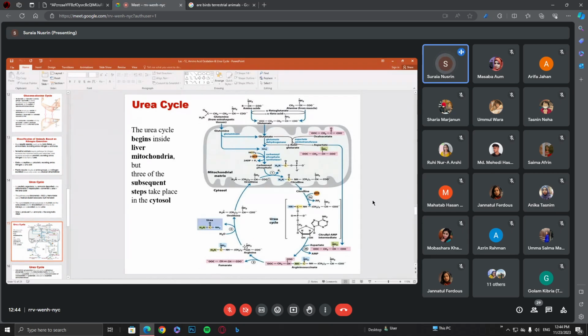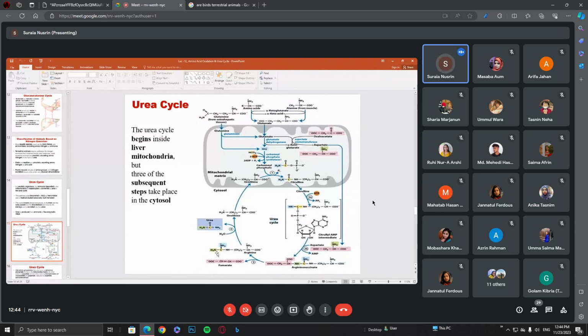Okay, so this is the amino acid arginine. If you look at the structure of arginine, which contains amino groups, one of the amino groups is the one entering at the beginning of the urea cycle, and the second amino group is delivered by the amino acid aspartate. Both are present. Now the arginine undergoes hydrolysis. By this reaction, the urea is released.